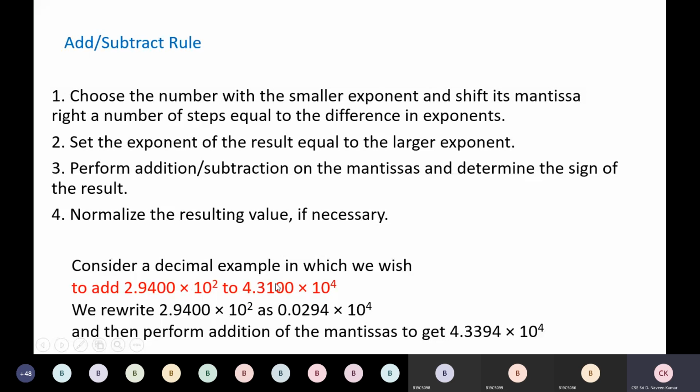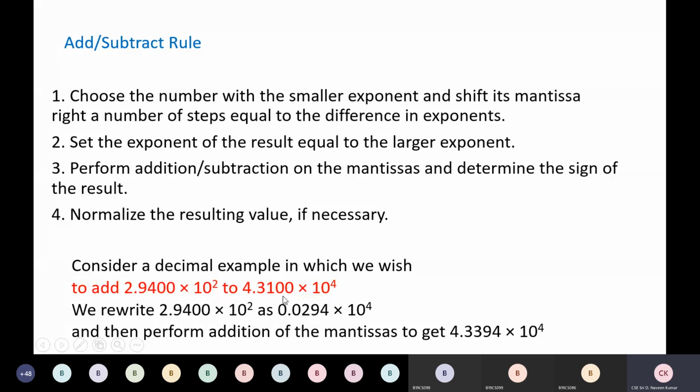Whenever the exponents are not equal, we need to make the exponents equal and then do normal addition. We can go with the addition we had done in the previous binary format addition, in the previous topics we have done. The same applies here, but the only thing is the exponents must be changed so that they are equal. Now these 2 have equal exponents. Now we can add these 2.